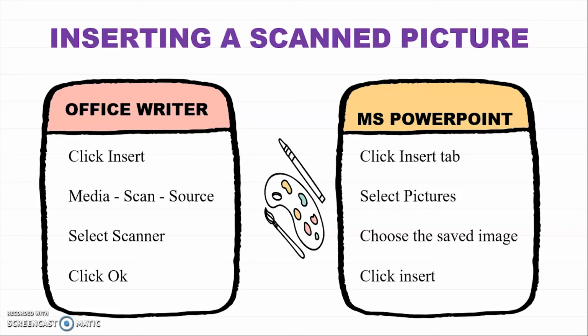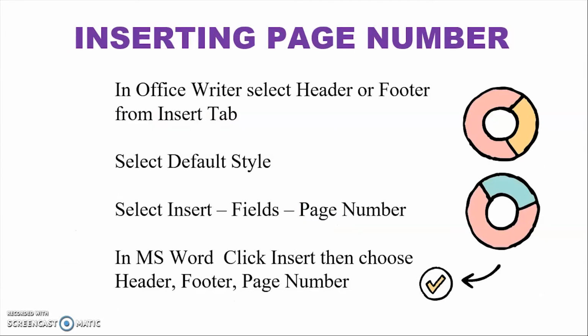Then we are going to see how to insert a page number. So what is meant by header and footer? Header is usually used to display the title. Before the title, if it is for standard 7th or for any particular class or school, you can give that in the header. What is meant by the footer? Footer always includes the page number.